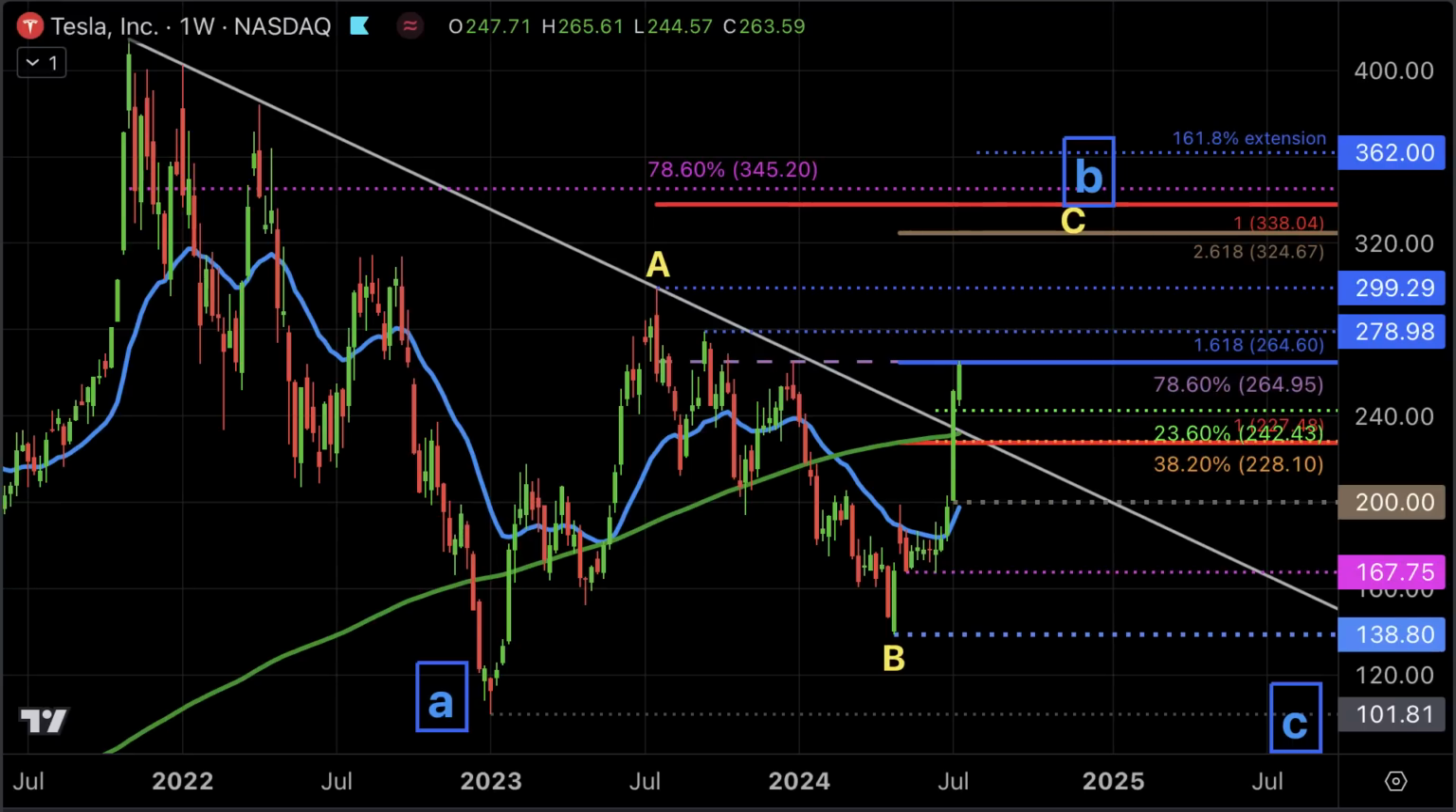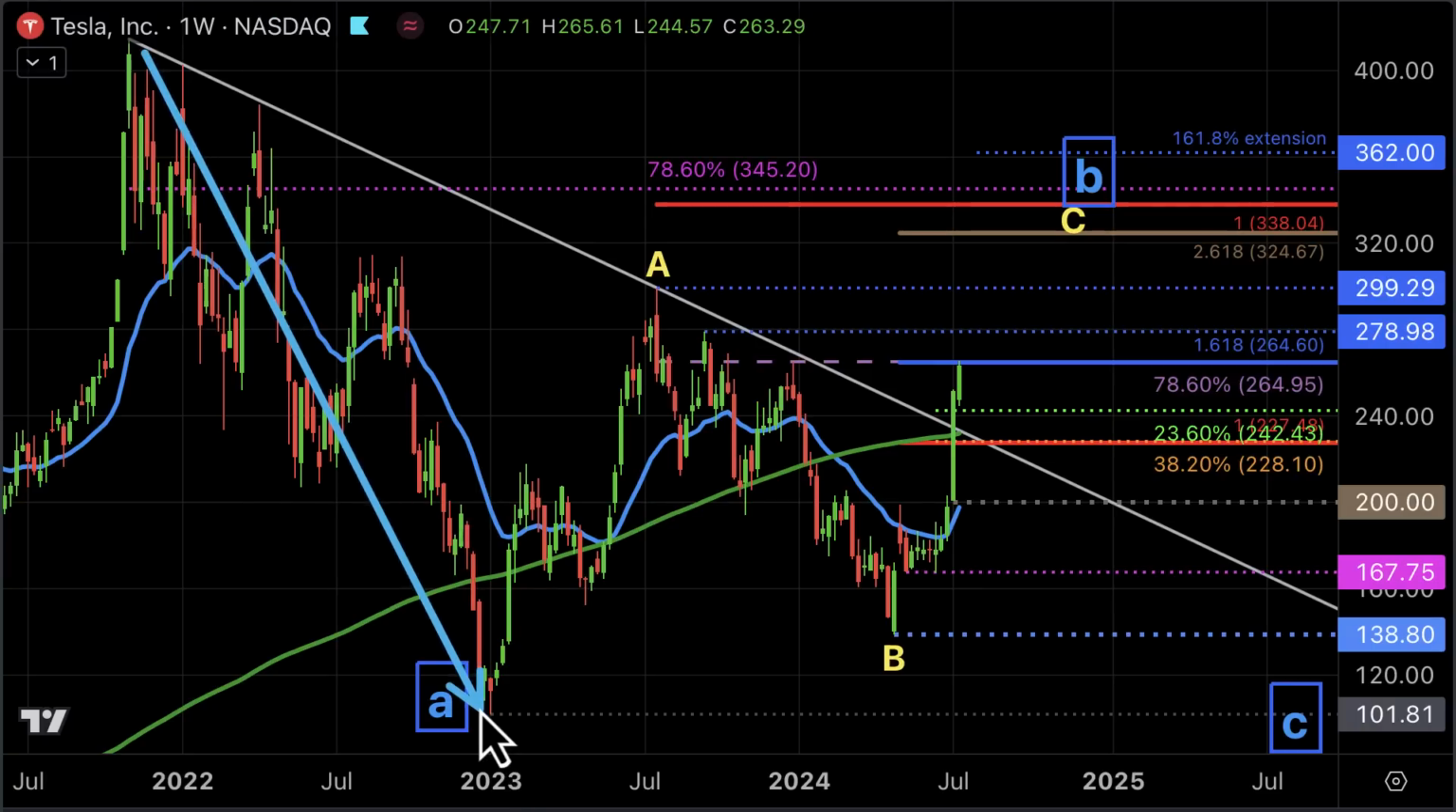The yellow count, which I think some of you will like, and again, it's not about whether you're liking it or not, but again, the markets don't care whether we like these structures or not. All I'm saying is this is another probability. The other probable path for Tesla stock, which some people might appreciate, is that, again, this was our A wave